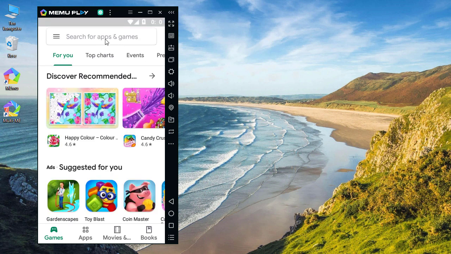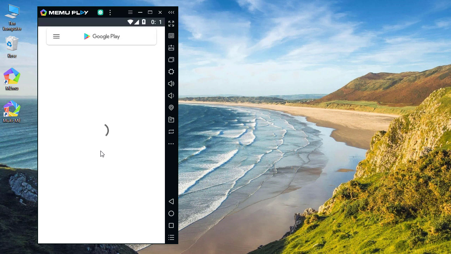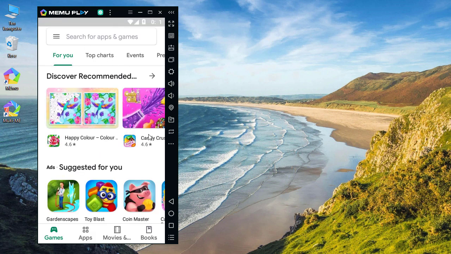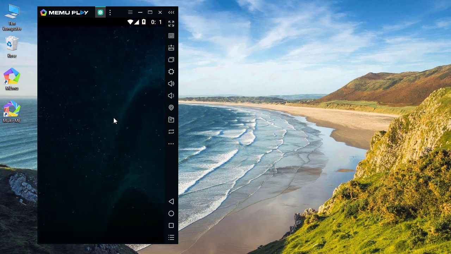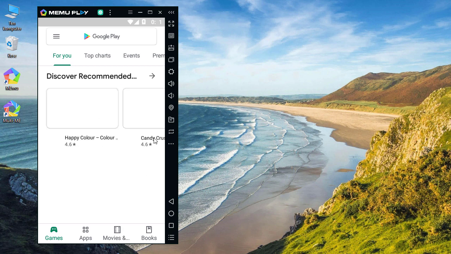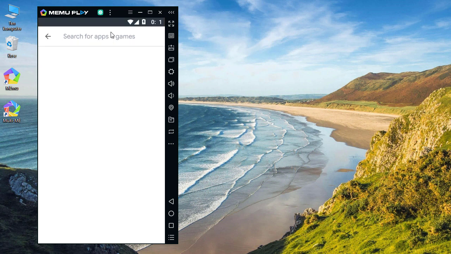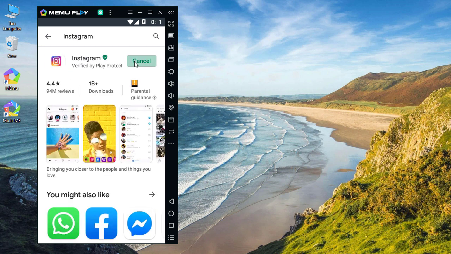And now as you can see, finally it kicked in. I will close it again and I will open it again, and yes, it seems that everything works fine now. I'll try that again just to be sure. So yes, you will basically have to wait. Maybe you will have to close the MEmu and start it again, until you get into the Play Store. Now find Instagram here